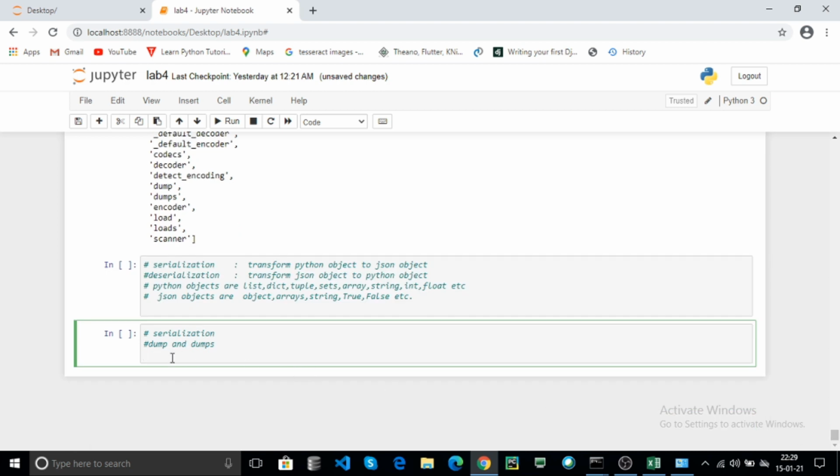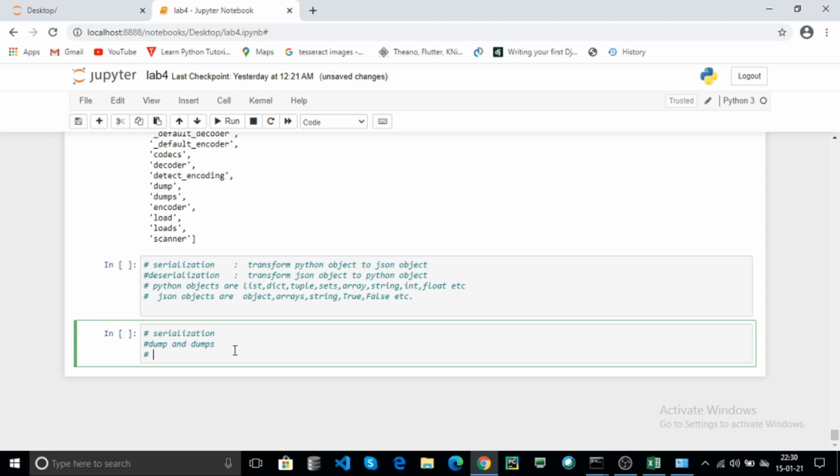Now what is dump? The dump is used to convert or transform the Python object to JSON object, and the dump is used to write the data into the file, and dumps is used to transform Python object to JSON object and print it into the prompt only.